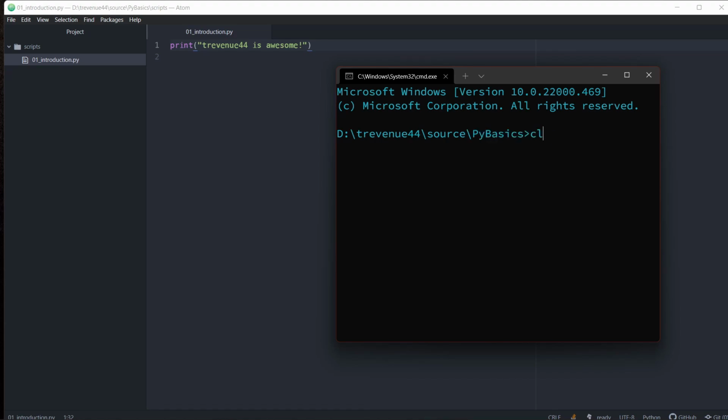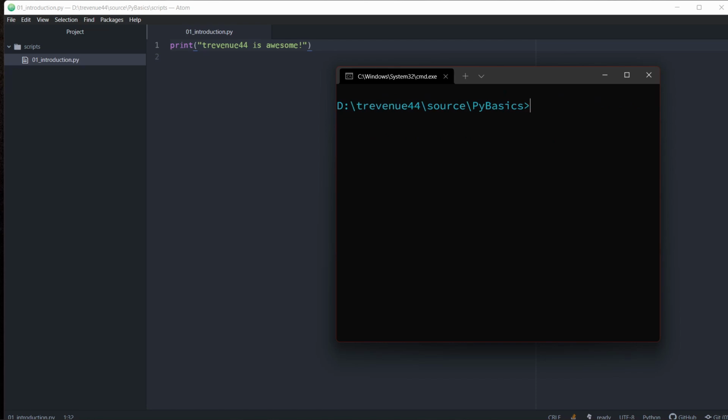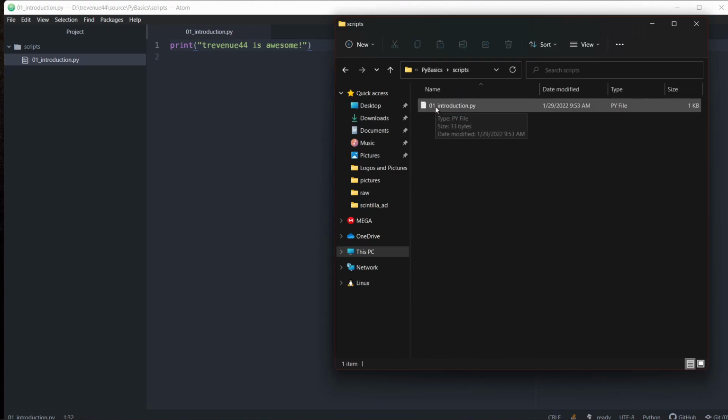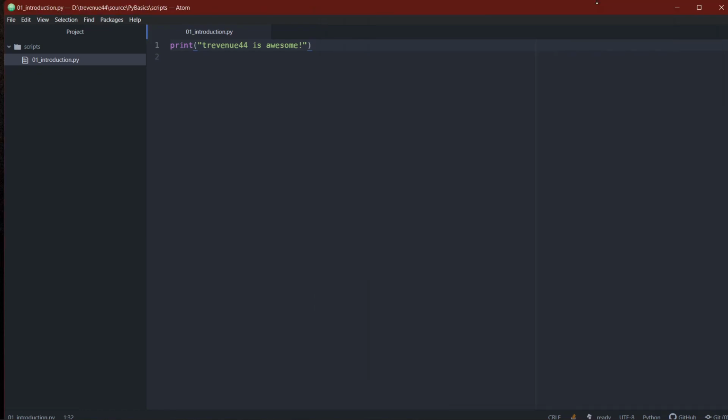I'm going to clear the screen first with CLS. Then I want to be able to run this Python file. Now how do you run a Python file in the CMD? It's very simple. You write the word python, or python3 if you're on macOS, and then you write the path to the file that you want to run. So what do we want to run? Currently, if you look at our folder structure, we are in PyBasics, but we have to go to scripts before we find the file named 01_introduction.py. So to be able to run this file,